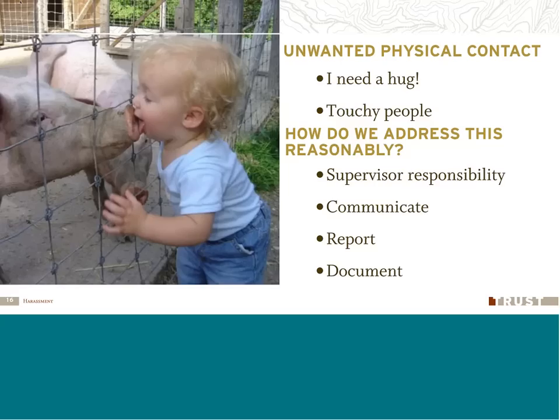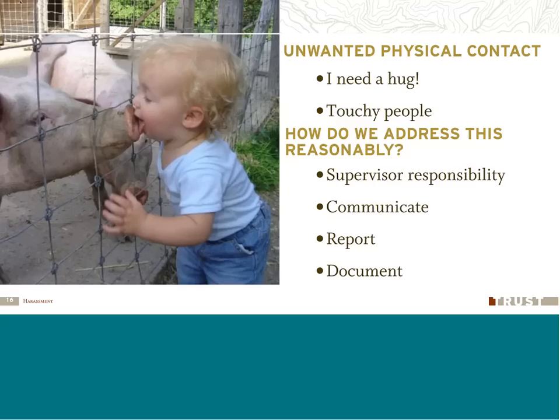So in the workplace, we need to be careful to limit physical contact to that which is appropriate for the profession or the job that's being done. Some people have jobs where we do have to touch people. Other people, appropriate touch in the workplace may be shaking hands. And so we need to make sure that the physical contact is necessary or normal for the job that we're performing. So how do we address this